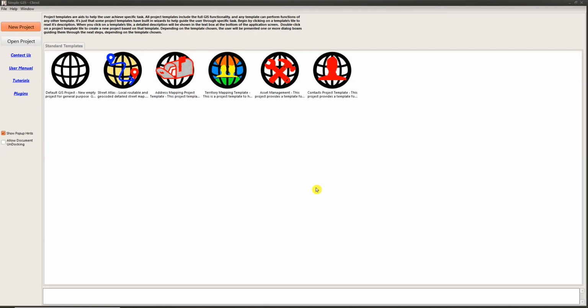Hello everyone. In today's demonstration, we're going to be showing you the new asset management project template that's available in the version 14 release of our Simple GIS client product. This is a pretty interesting project template in that it guides the user through creating some shapefile layers for modeling their physical assets on the map, guiding them through creating the attribute data that's going to describe their assets, as